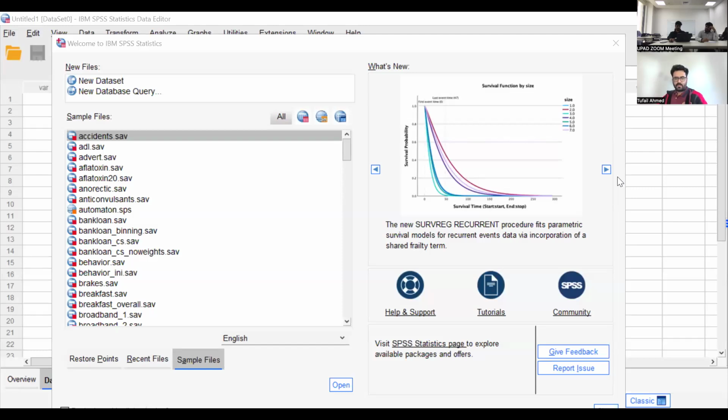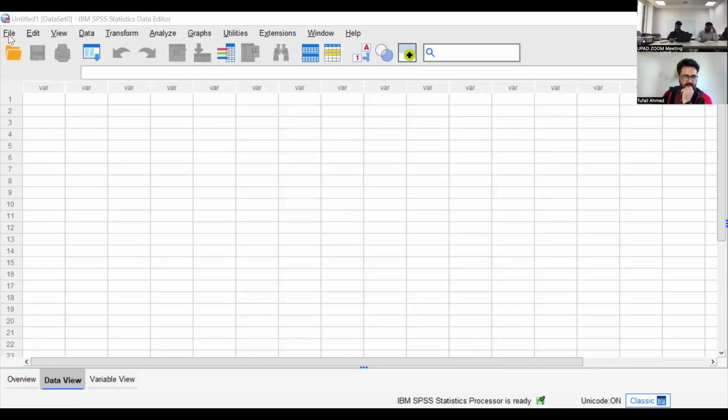Now you all have this text data. Let's learn how to import it in SPSS. So you click file. Just one second.